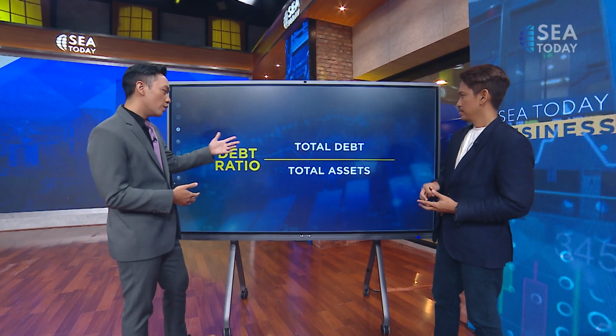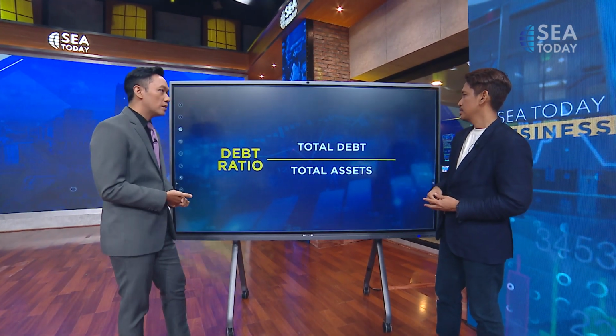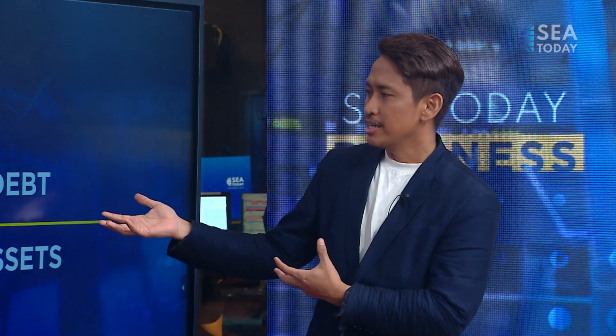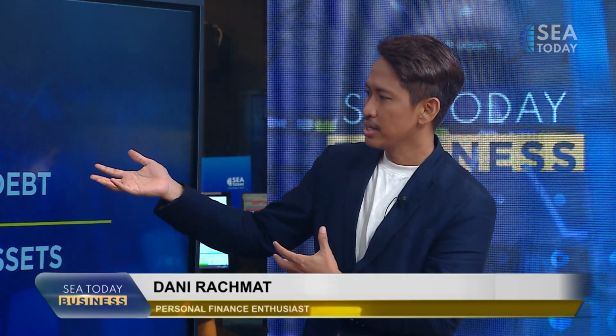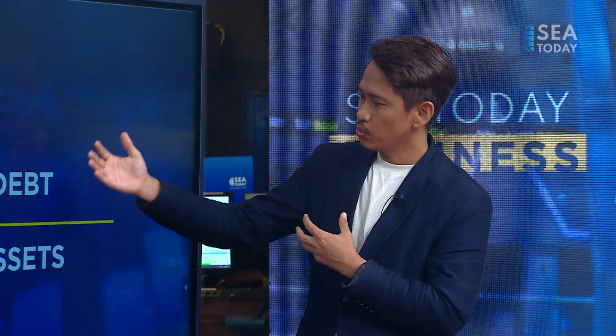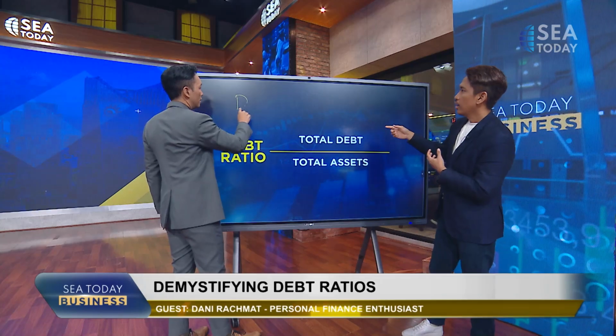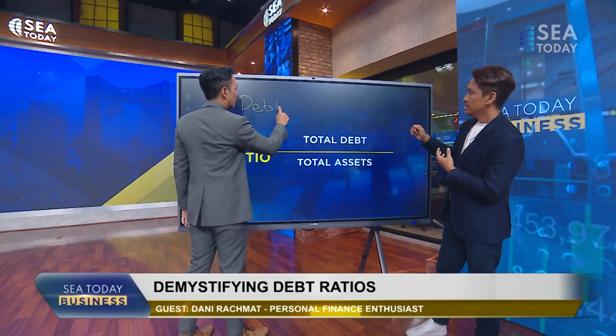So debt ratio is the total debt over total assets. If you see this total debt to total asset, that means if they have way bigger debt compared to their assets, we can say that they use debt to finance their purchasing of assets. If the debt is way bigger than its assets, we can say that, on a balance sheet,